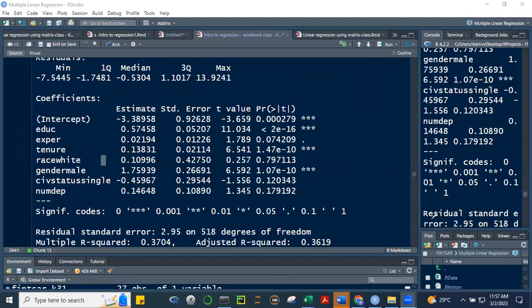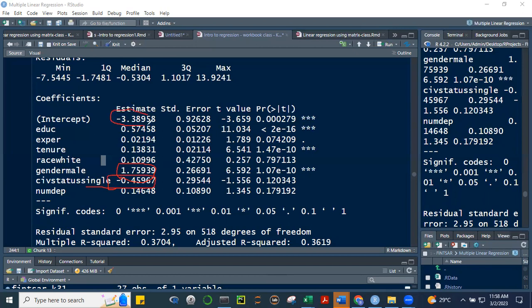Okay. Evan, where did you get negative 2.089? Sir, I had negative 3.389 plus 1.759 because male po yung person. Then minus 0.46 because married. Married siya. Yes po. Okay. Kung married siya, hindi papasok to, di ba? Kasi itong ano na to, di ba? Kung married siya, ano ibig sabihin nito, class?